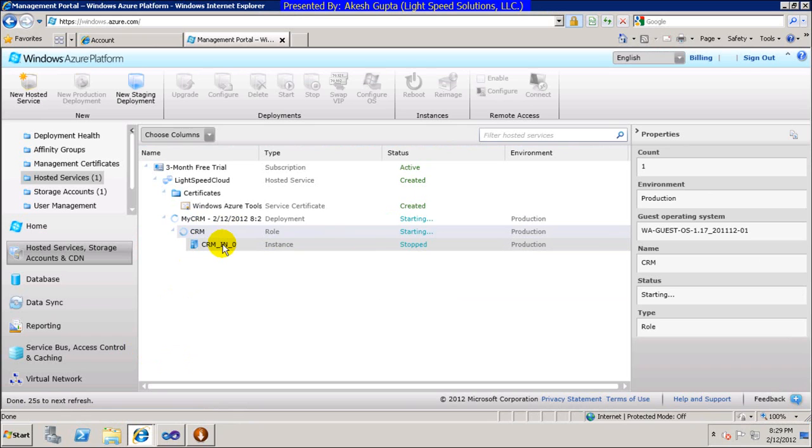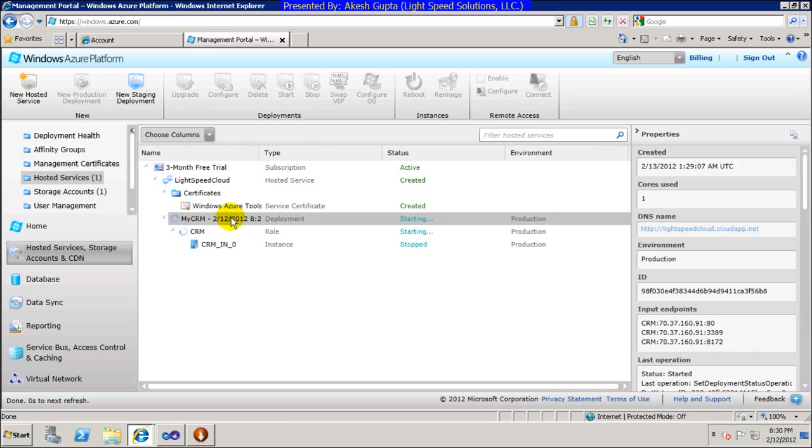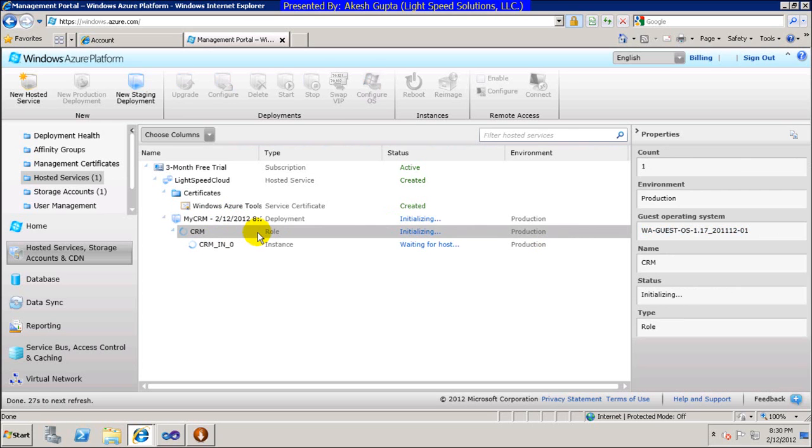And as you can see, your deployment is being created. It will have a role. Role is kind of the application, think of it that way. And instance is one instance of this application. Of course, for redundancy's sake, Windows Azure recommends that you have at least 2 different instances. So this way, if one instance is unavailable, the second can definitely provide the backup services automatically. And if you look at the deployment, every deployment will basically have a role,